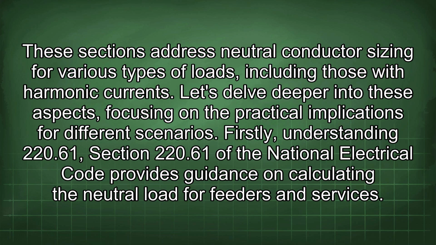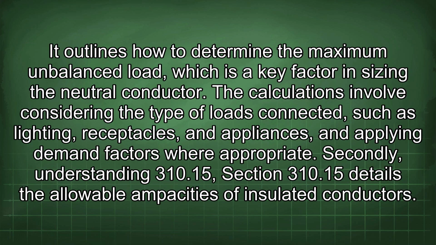Firstly, understanding 220.61. Section 220.61 of the National Electrical Code provides guidance on calculating the neutral load for feeders and services. It outlines how to determine the maximum unbalanced load, which is a key factor in sizing the neutral conductor. The calculations involve considering the type of loads connected, such as lighting, receptacles, and appliances, and applying demand factors where